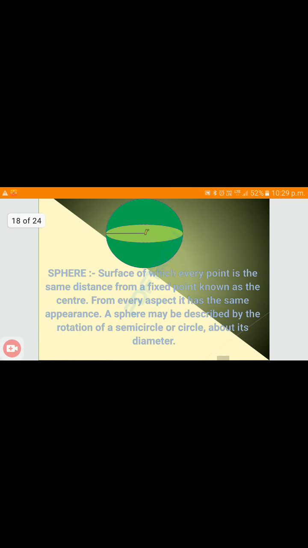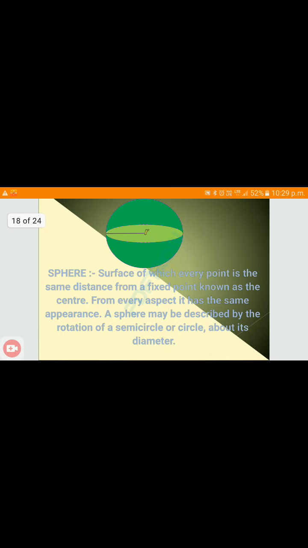After that, total surface area of a cone, we will add base area, that is pi r square, to the curved surface area pi r l. So what will we get? We will get pi r into (r plus l). Then volume of a cone. The volume of a cone is 1/3 the volume of a cylinder with same radius. So its volume will be 1/3 pi r square h.